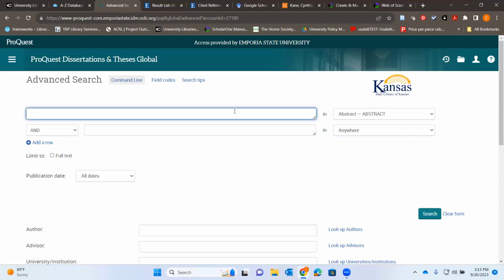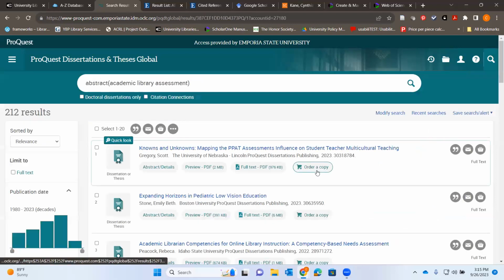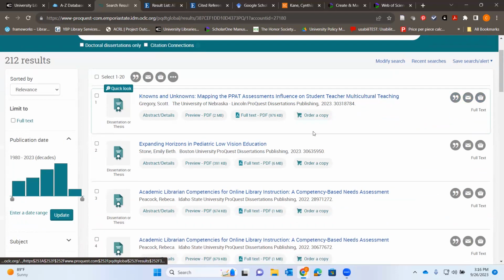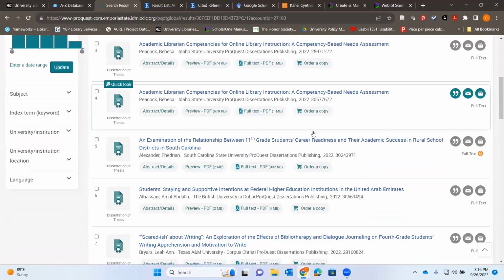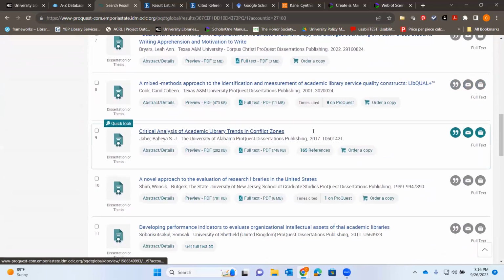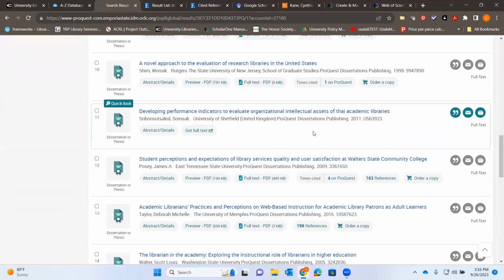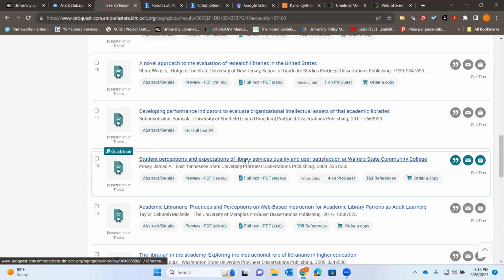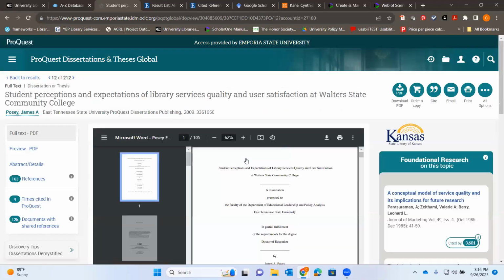within the dissertations. So I'm going to go back to my search on academic library assessment. And this now is just searching for dissertations and theses, not articles, since this is a very different database. And I'm going to go down here to record number 12. So this is a dissertation that was published in 2009 about student perceptions and expectations of library services quality and user satisfaction. And when I clicked on that link,